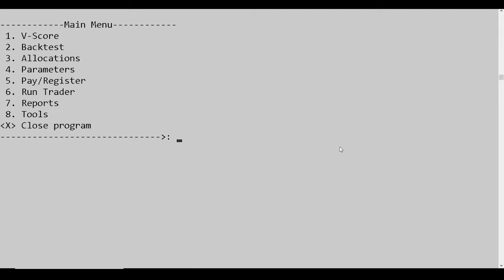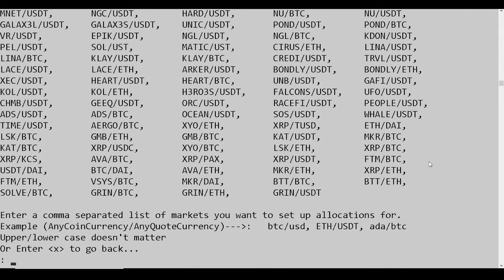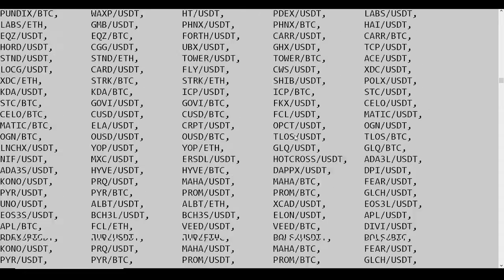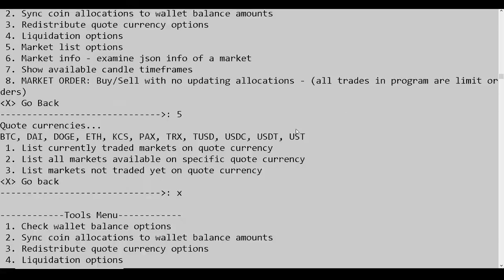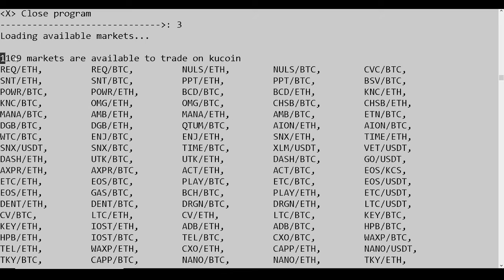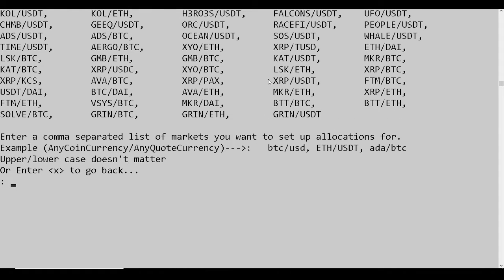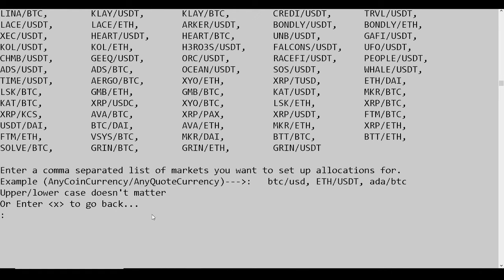In this video, let's go over how to set up allocations for trading. That is menu option number 3, which loads all of the available markets on the platform. There's more than 1,100 of them on KuCoin, 1,109 markets currently. Now, starting from here might not be the best way to do it, so let's go back